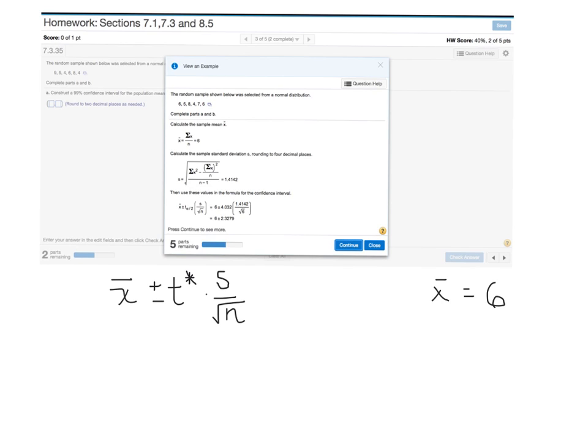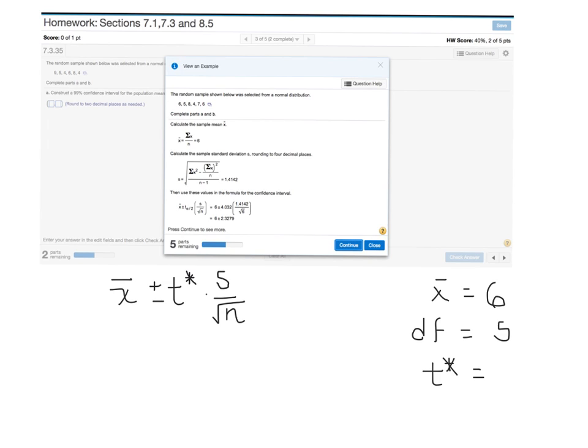So now my t star. That's my critical value, and I made a video of this previously. My degrees of freedom, of course, are 6 minus 1, which would be 5. So if I go to my table of critical values for the t distribution, because this is about means, where we don't know the population standard deviation, I go to the column that has a label of 99% confidence at the bottom of it, and I go all the way up to the row whose degrees of freedom are labeled as 5. And I get a critical value, that's called my t star, of